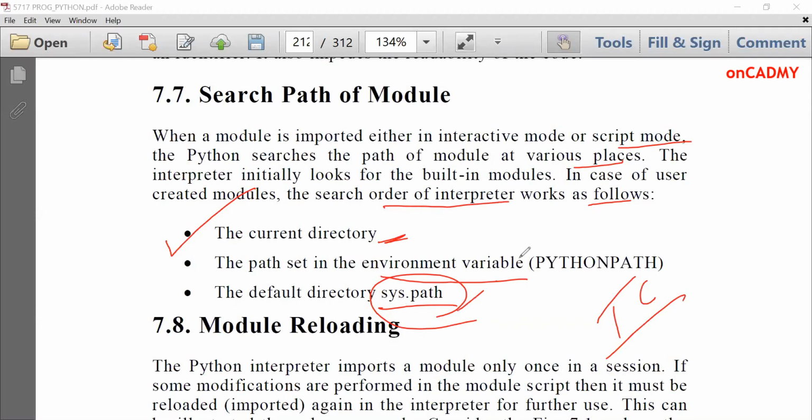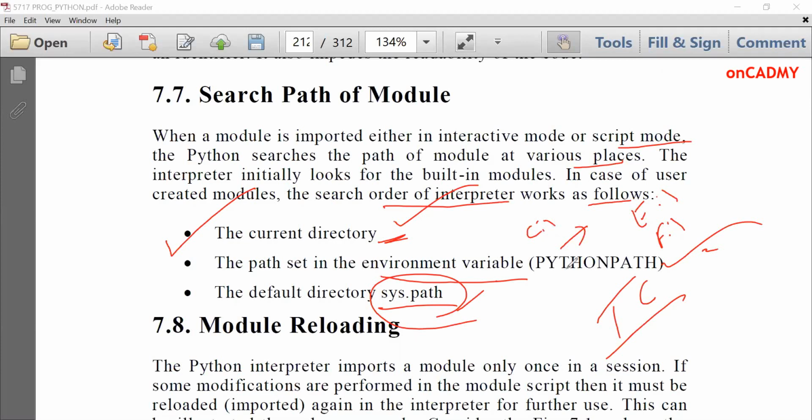So whenever we create a module, the preference of searching the module by Python is, first of all, it searches in the current directory, and if it doesn't find the module in the current directory, then it searches in the environment variable path. Environment variable path means we can store our programs in any directory, either E drive or F drive, because sometimes our Windows gets corrupted. It is stored in C drive most of the time. So we should prefer to save our programs in other drives so that we can retrieve them later on also.